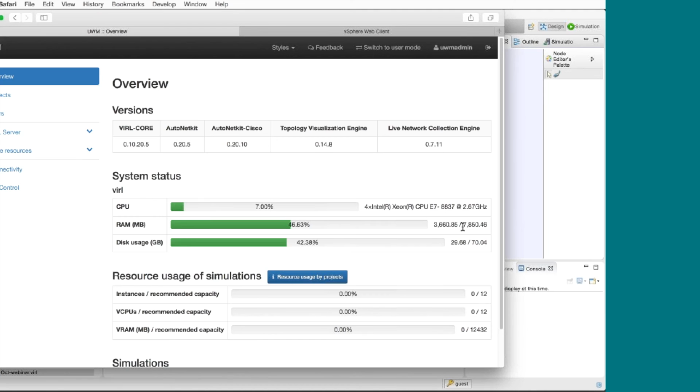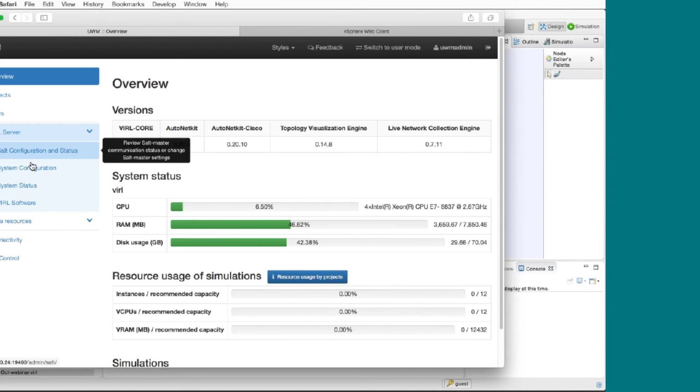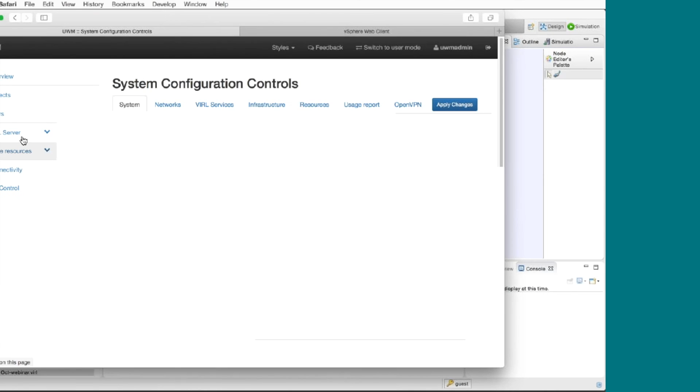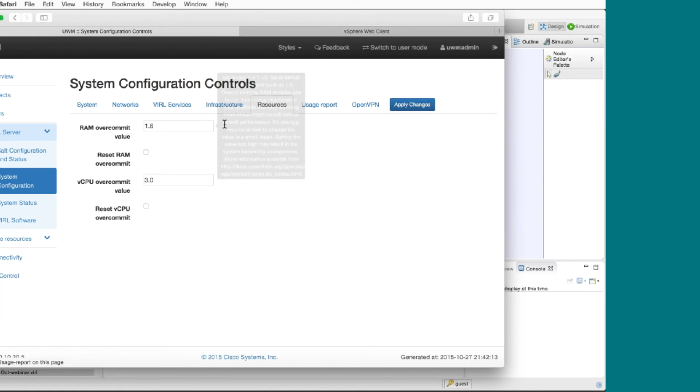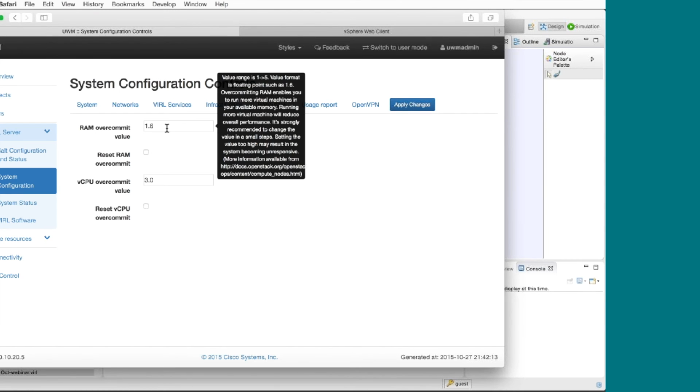And the reason it's doing that is that instead of just limiting us to the exact RAM that the backend has available, we are going to system configuration. If we look under, now in the upcoming release, system configuration resources, this is not in release code yet, but it'll be coming in November. We have this RAM overcommit value. So basically this is saying, based on your actual RAM on your machine available for running simulations, here's the overcommit value. So multiply that value by 1.6, whatever much RAM you have, and that's the amount of RAM that we're going to give to simulations.